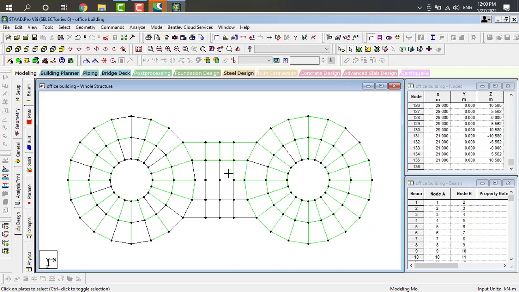Here there is no plate activated, so again we have to take a 4 node plate. Just view the plates like this.